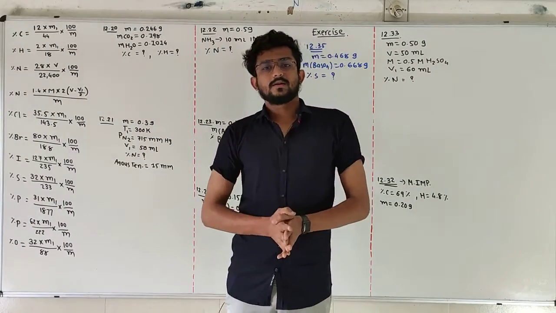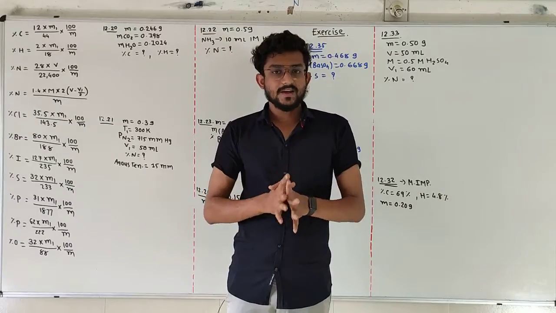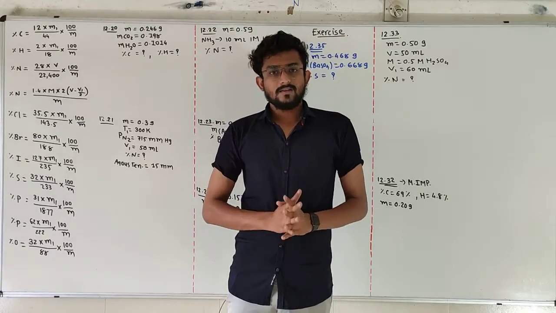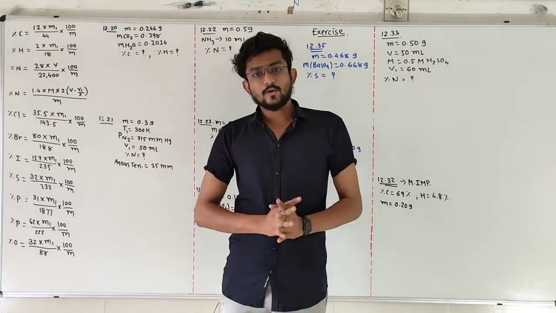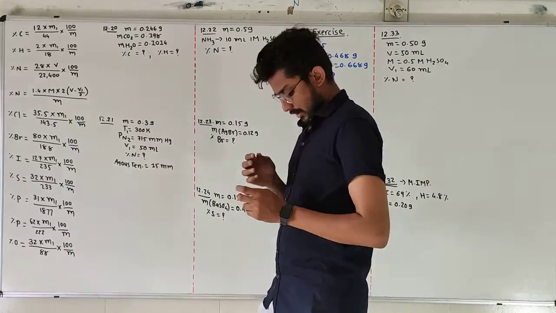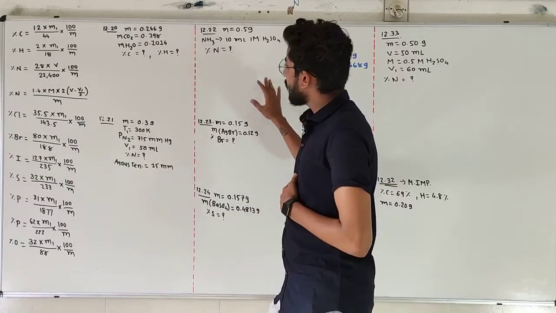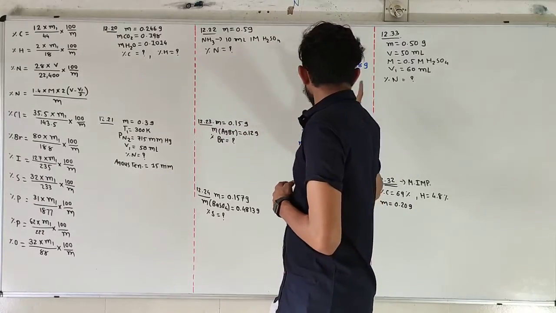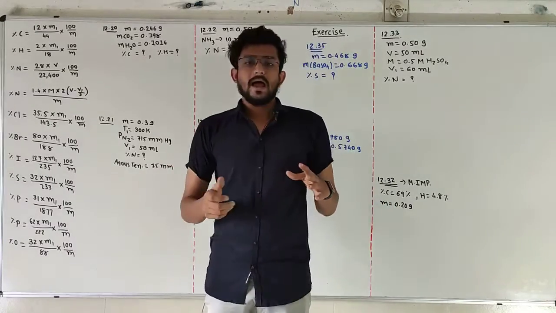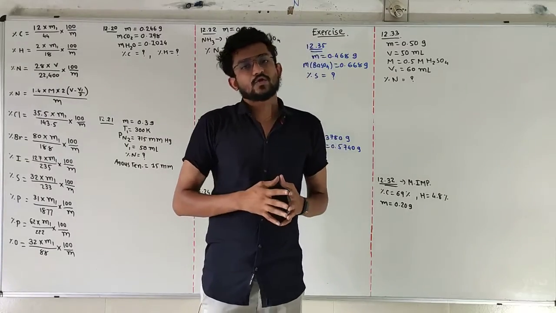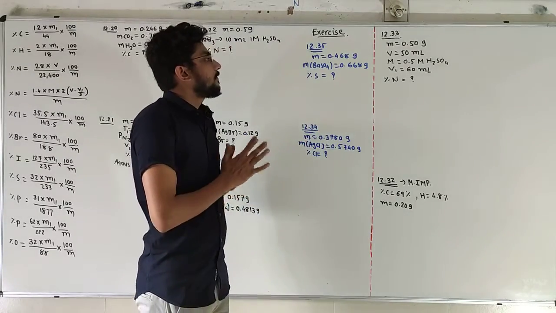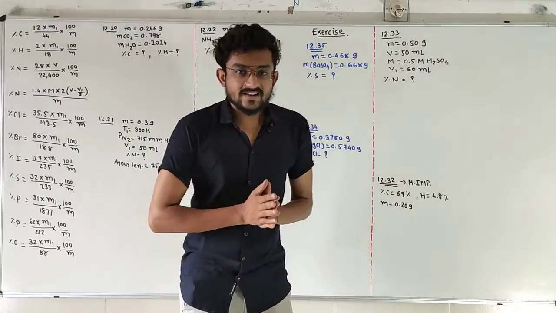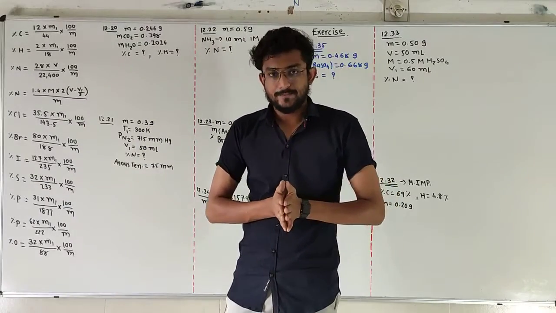In the previous lecture, we completed chapter number 12. All the theories of chapter number 12 have been completed. So, in this lecture, we are going to complete the sums. A total of 9 sums have been given in your textbook. These 9 sums will be calculated on the basis of the last two lectures.